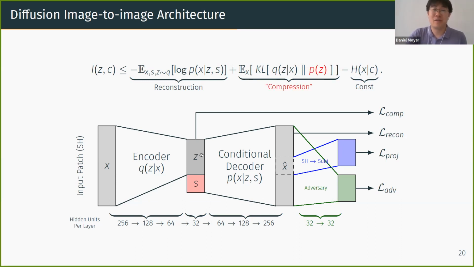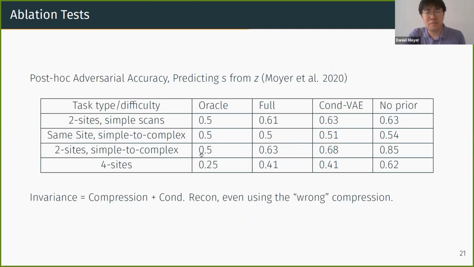So instead of that, what if we use the wrong compression? What if we use PZ, sorry, what if we used a prior belief about it? And in autoencoders, in this form of VAE, in Gaussian VAE, this turned out to work out pretty well. In the first column, the oracle, the best you can do. In the second column, the correct compression. And in the third column, the conditional VAE compression. And for most cases, they're really close, right? So this tells me that the intuition behind our bound is almost as strong as the actual mathematics of our bound, at least for this case.